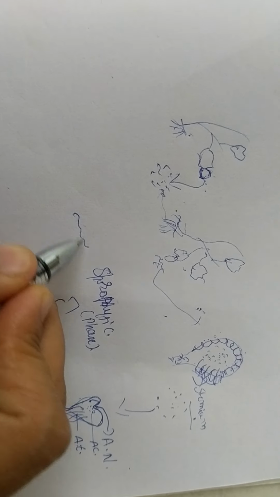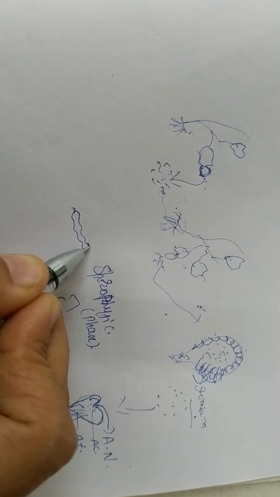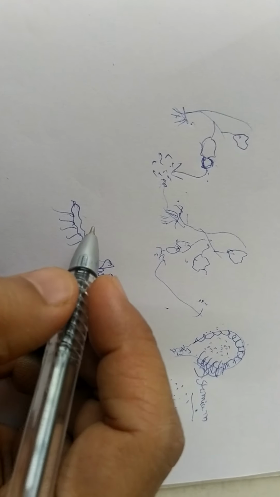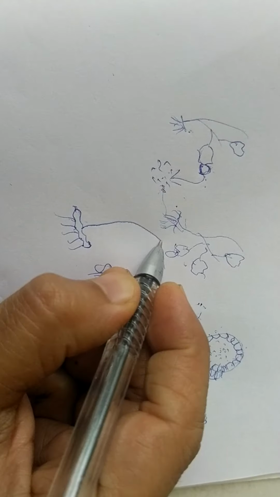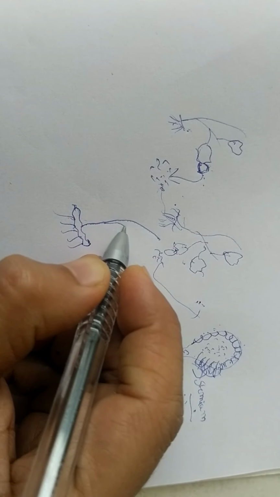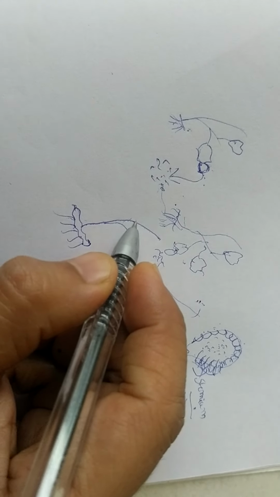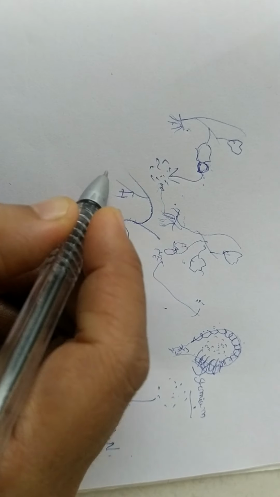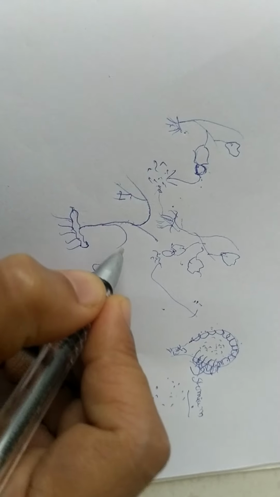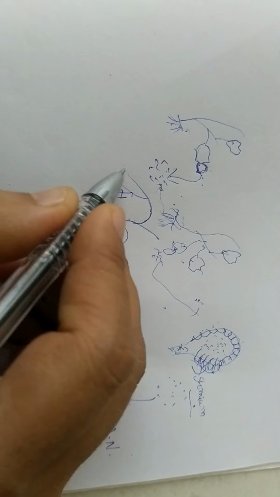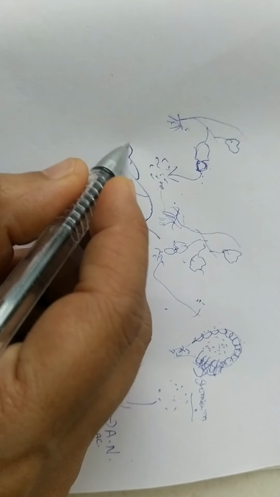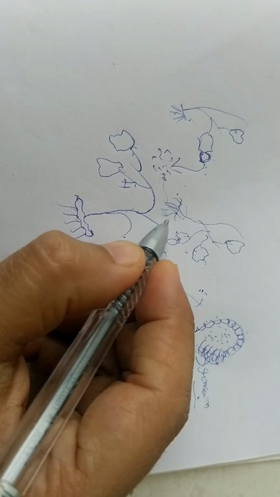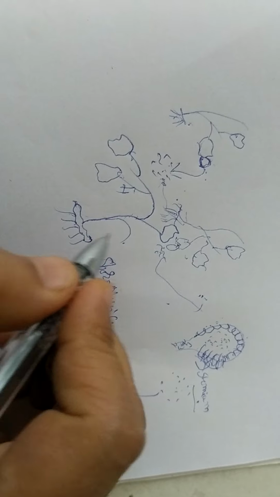Which has a well-developed rhizome which grows horizontally inside the soil, and below the rhizome is a production of adventitious roots, and at the top we have the main rachis. Main rachis have a primary division, followed by we have some secondary division. So this will be the secondary division called as pinnule. This is the primary division called as pinna. On this we have these leaflets arranged. So this is a sporophytic phase.